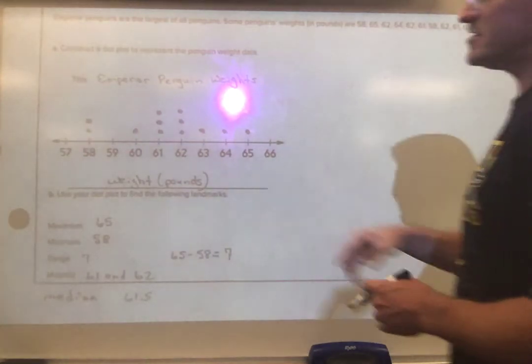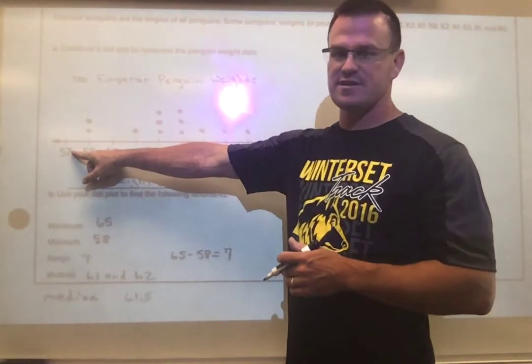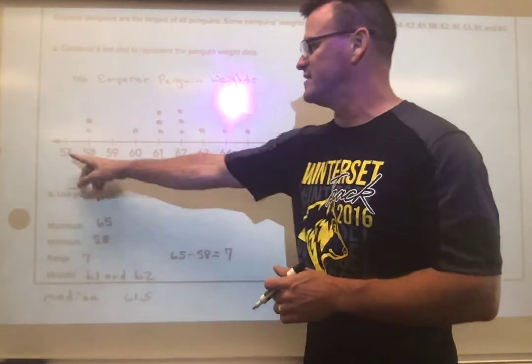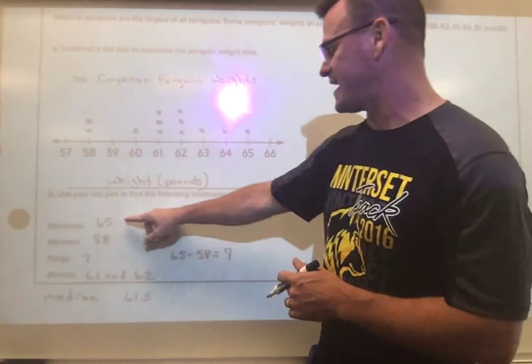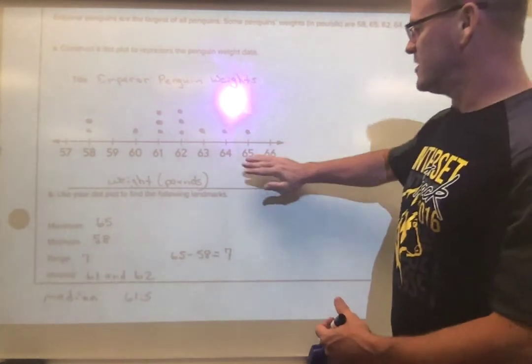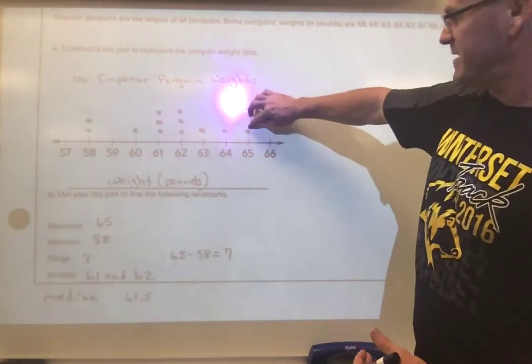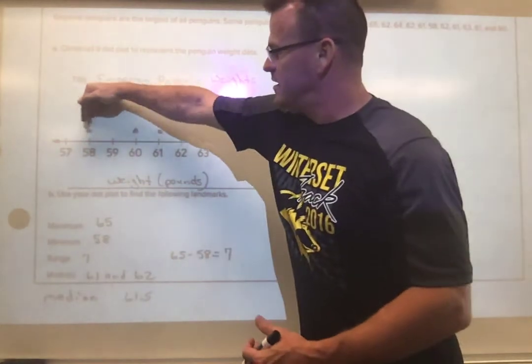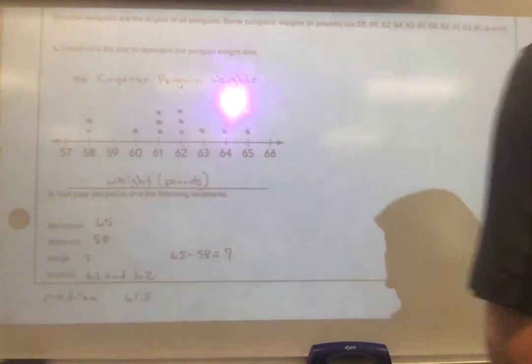What I see a lot of kids do is they see the number line says 57, so sometimes they'll say 57 is the minimum, or they'll say 66 is the max. Usually your number line goes a little further than your dots, so don't look at the numbers necessarily. Look at where the biggest dot is or where the smaller dots are to get your data for the minimum